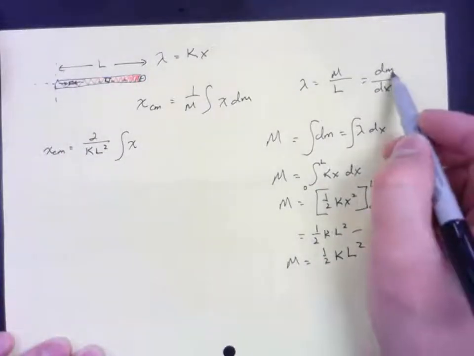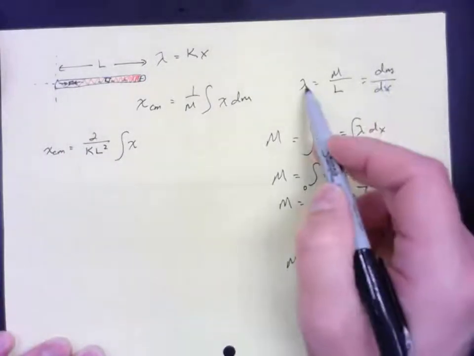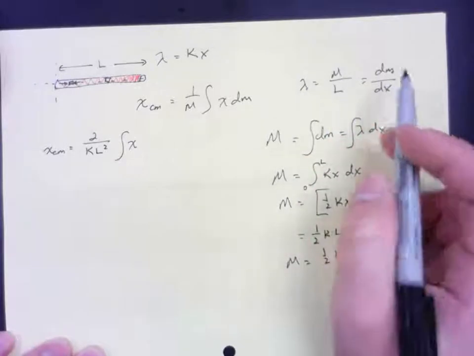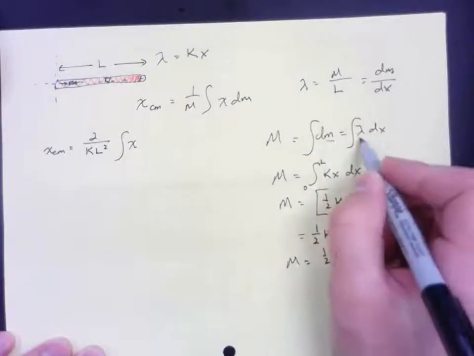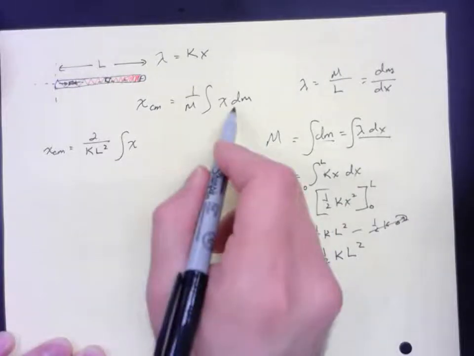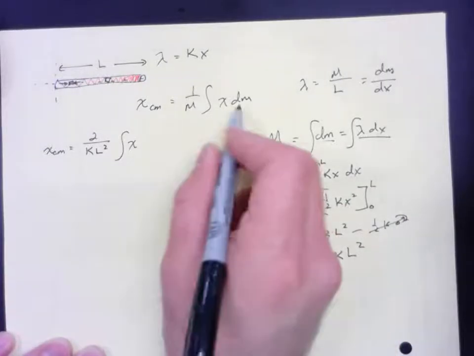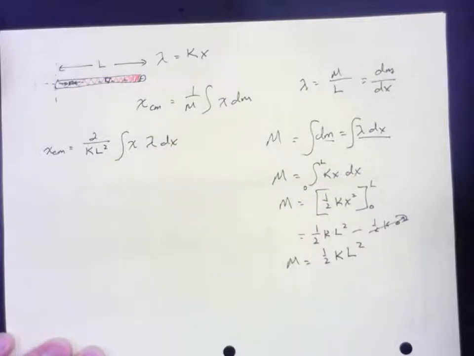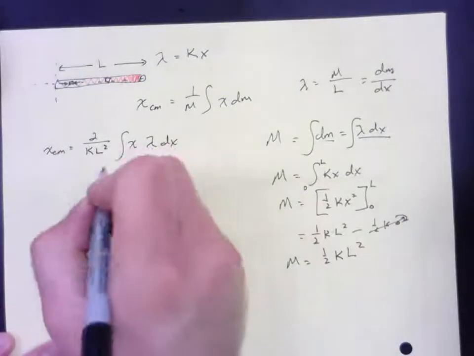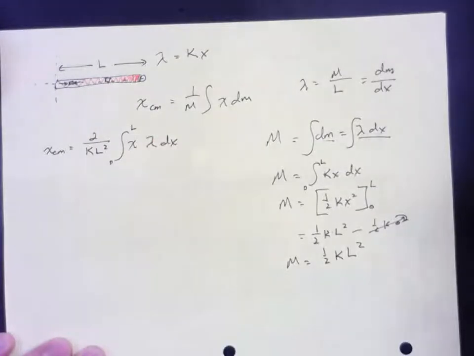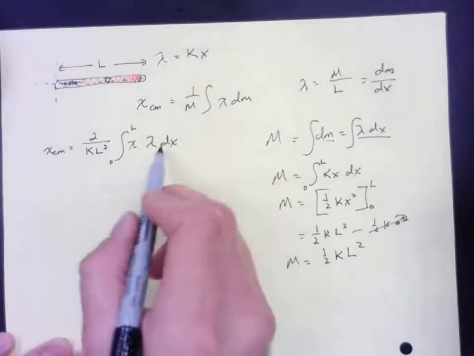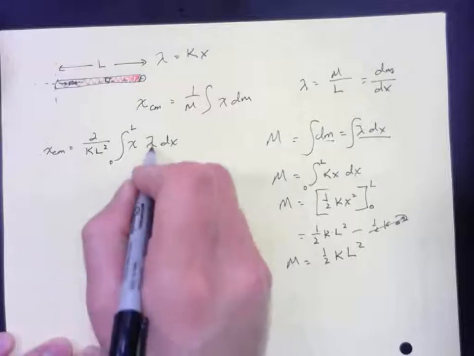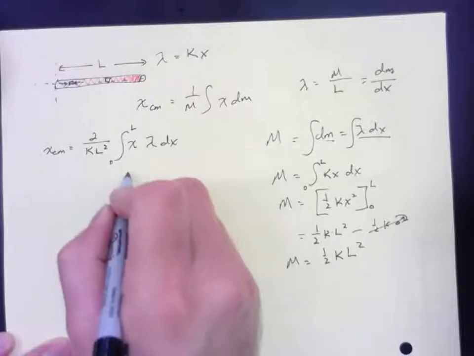So this little piece of mass depends on the density at this location. So we're going to use this same equation here and substitute it in for dm. So instead of dm, I'm going to put in lambda dx. So we also have to plug in the function for lambda,